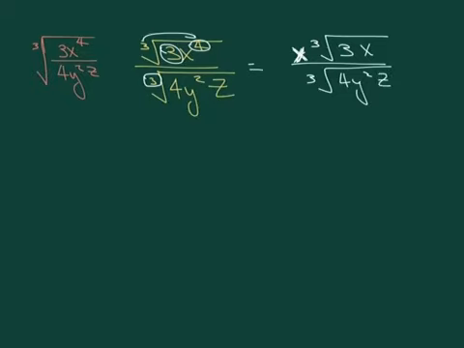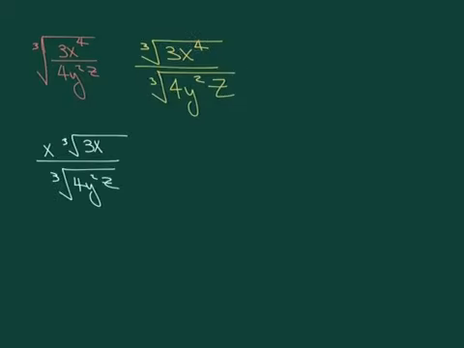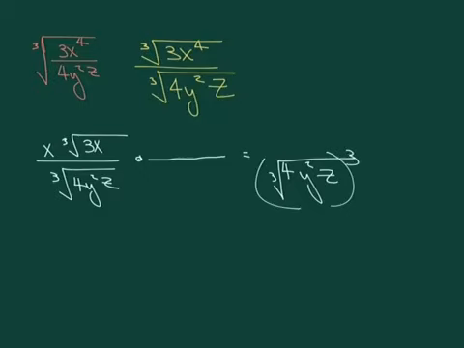Alright, so now we're simplified, but we still have a radical in the denominator position. So we need to get rid of that radical. So let's go ahead and rewrite this right here. And remember, in order to solve this, we need to multiply the top and bottom by something that's going to give me just 4y squared z, index cubed. So I need that. So I need to multiply it by the exact same thing,